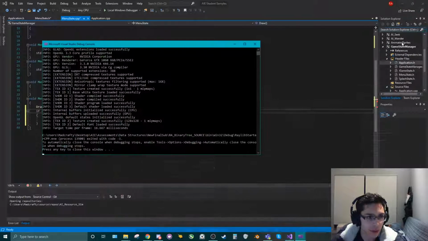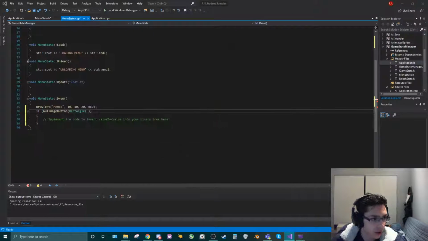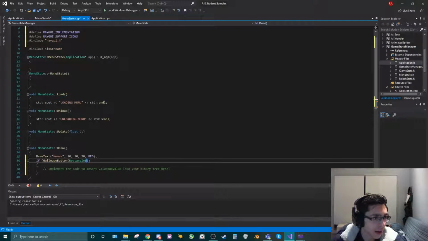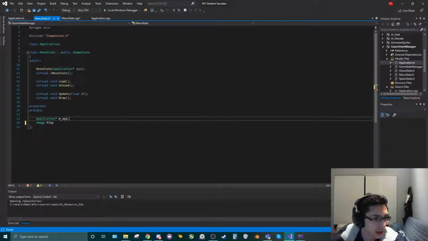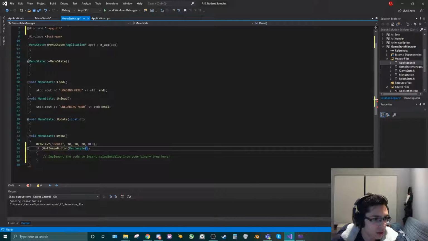Now with that information, we can then work out what we want with our array menu. So we have access to the application in our game state UE class, and we're going to get rid of that for now. So we have access to mapp, which is our application class, which is good because that means we can access